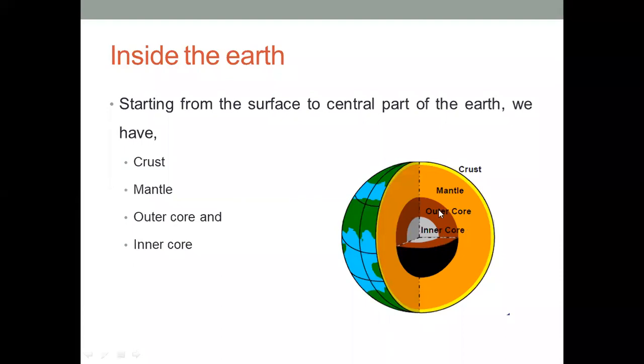So this is the schematic view of the earth. The upper one is the crust. It has very little thickness, and inside it is the mantle, then the core. The mantle can again be classified into two parts: upper mantle and inner mantle, just like outer core and inner core. Outer mantle and inner mantle can also be classified